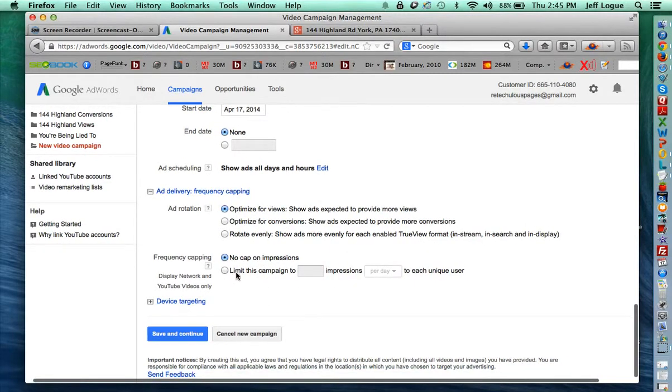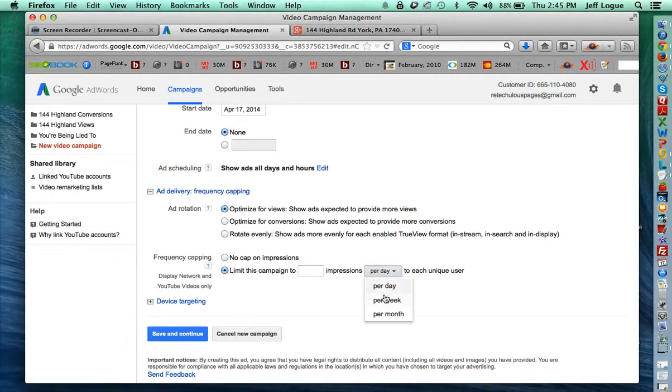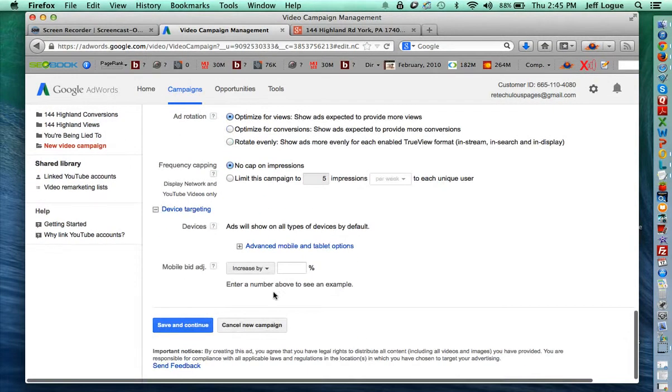You can have no cap on impressions, which is probably the best to do, or if you'd rather only have your users see your ad a certain amount of times per week, each individual user, you can make it like 5 times per week or 3 times or whatever you choose. Okay, I'm not going to use any cap. And then